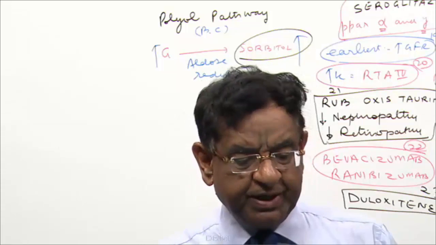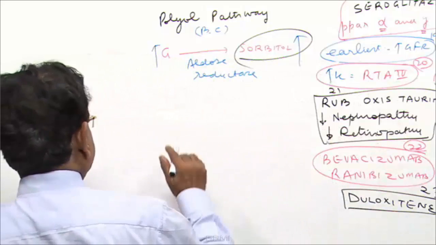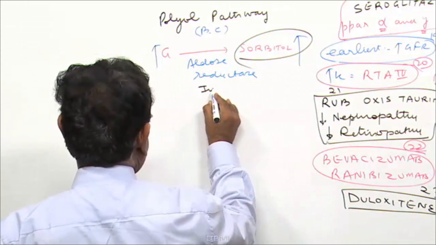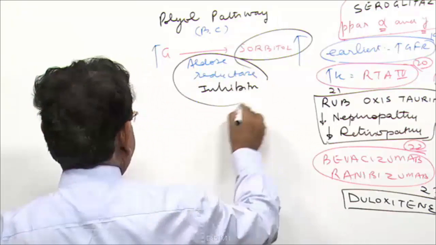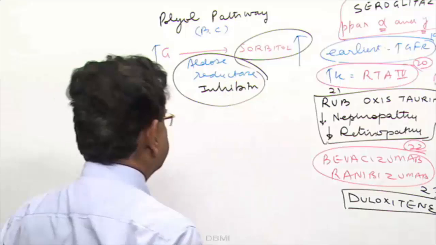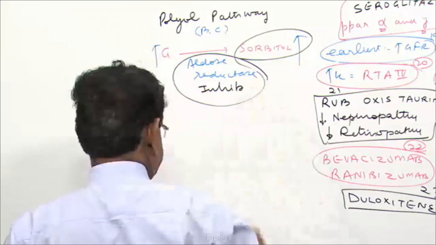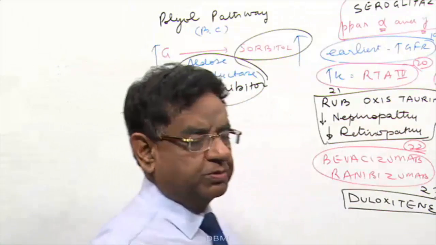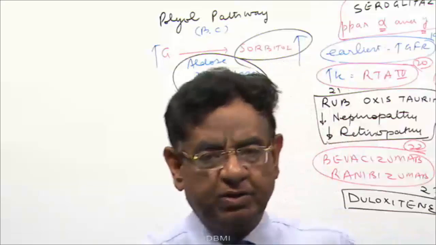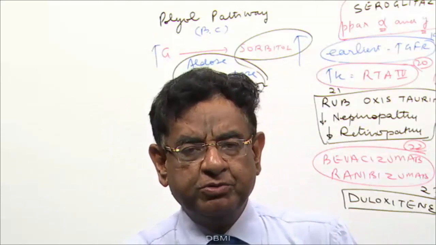For the last 50 years they were trying to get an aldose reductase inhibitor. They knew that the moment we get such a drug, we shall be able to reduce the complications